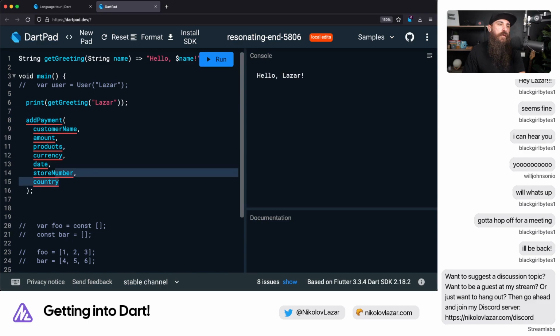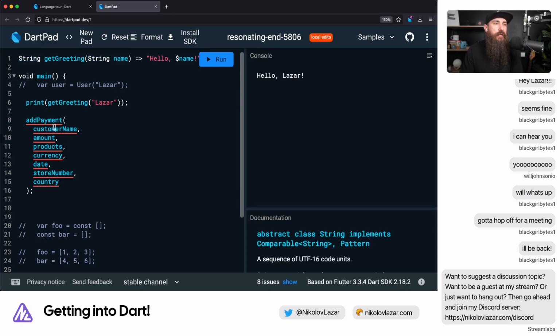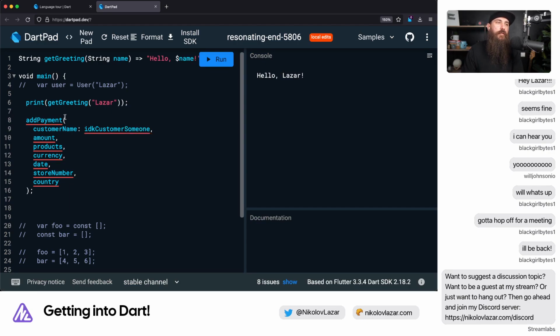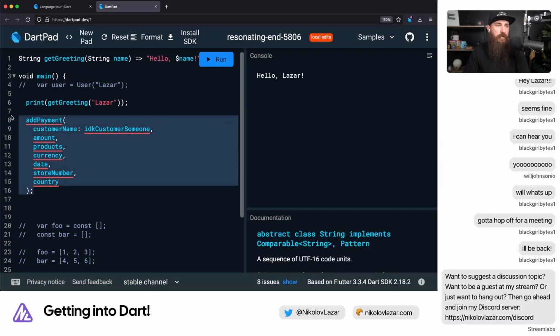And if you call this and don't name your variables accordingly, you're gonna have a problem. But if that was a named parameter, you would say customer name equals, I don't know, customer someone, right? You will know that that actually maps to the customer name inside. Okay, yeah, it's a named